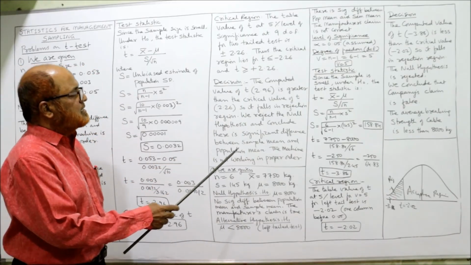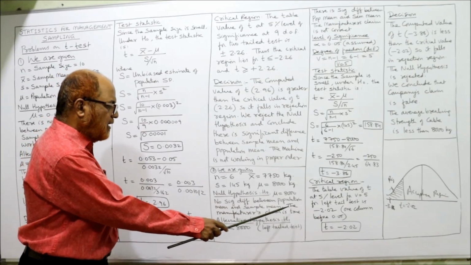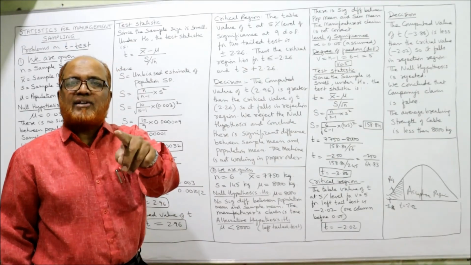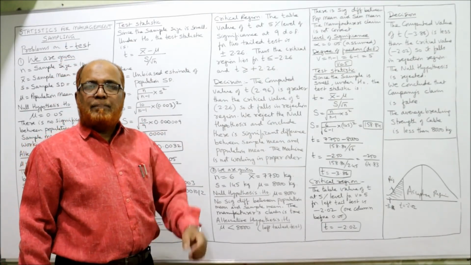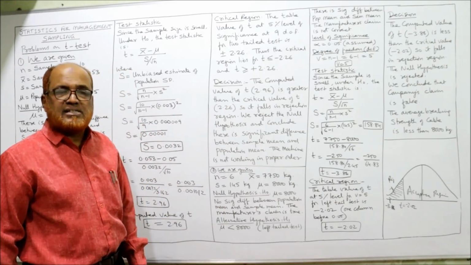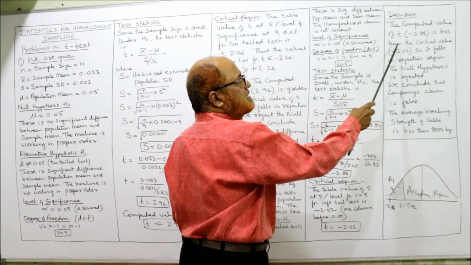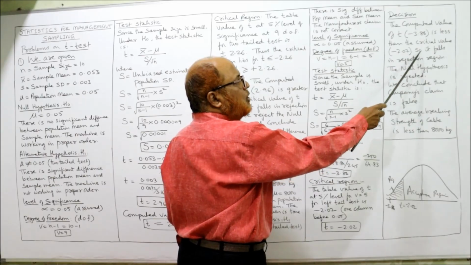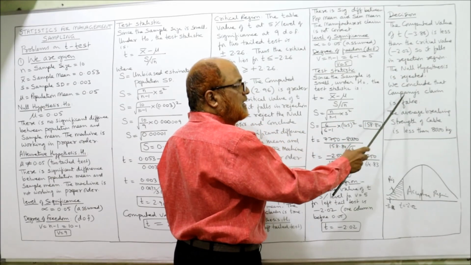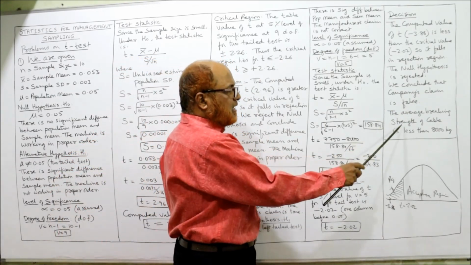What does the null hypothesis say? The null hypothesis is that there is no significant difference between the population mean and sample mean; the manufacturer's claim is true. This we are rejecting. The manufacturer is wrong. The breaking strength is less than 8,000. So, conclusion: the computed value of T, minus 3.86, is less than the critical value, minus 2.02, so it falls in the rejection region. The null hypothesis is rejected. We conclude that the company's claim is false, not true. The average breaking strength of cable is